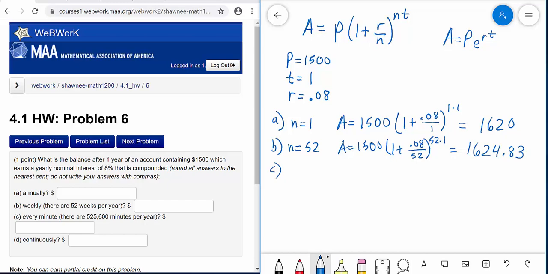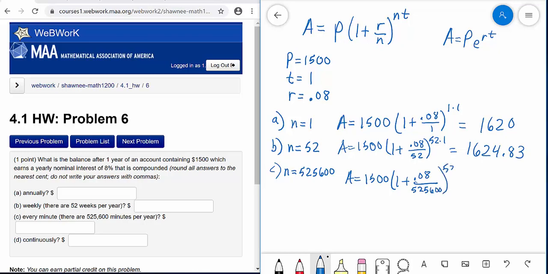In problem C, we're looking at the fact that when we compute interest, more compounding adds a little bit more interest, but there's a limiting amount. So when we're computing interest every minute, we're going to use 525,600 for n. Then in our accumulated amount formula, we would have 1,500 times (1 plus 0.08 divided by n, 525,600),